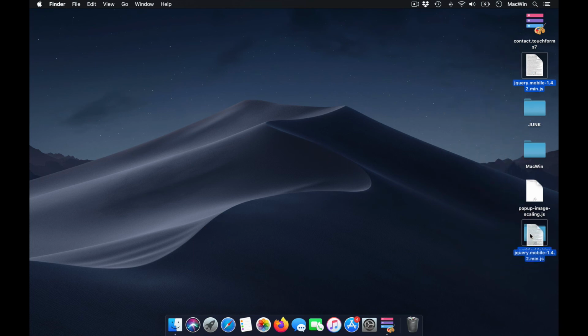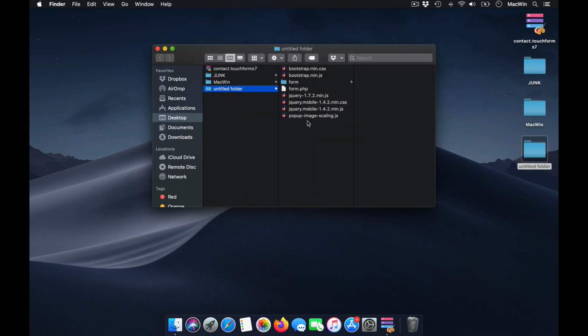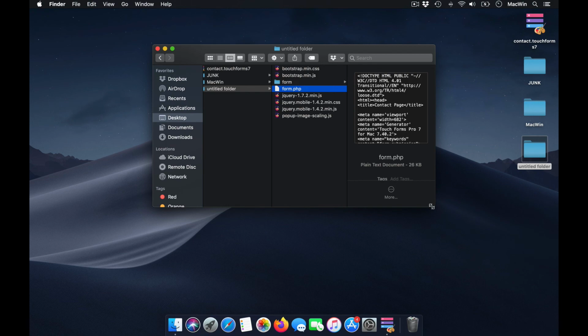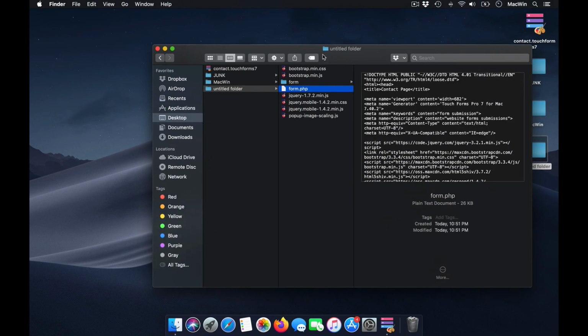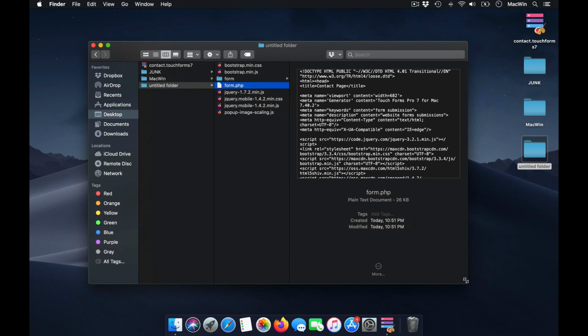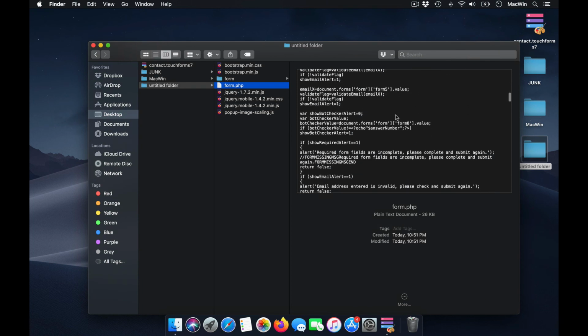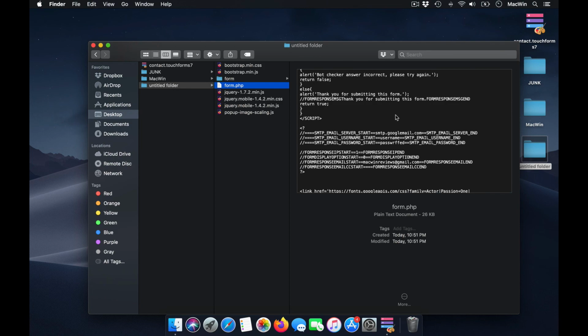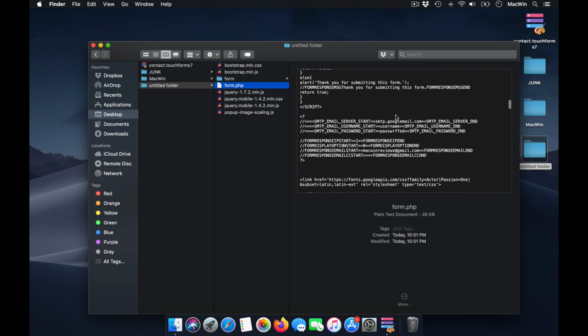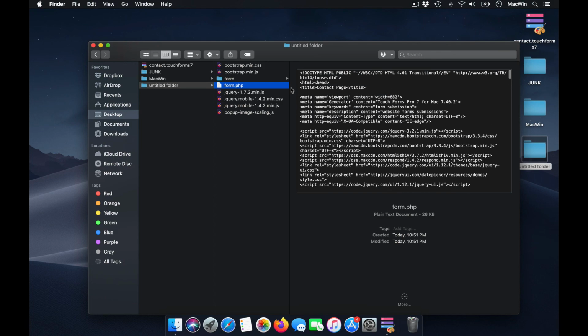There are a lot of templates available in this. You can choose a lot of templates and experiment with them. So that's our form, and all those are the form files which are required. We've got some jQuery files for the automated mail sending, and we've got the Bootstrap files for your mobile responsiveness. Just upload all these files as they are and it should work perfectly.